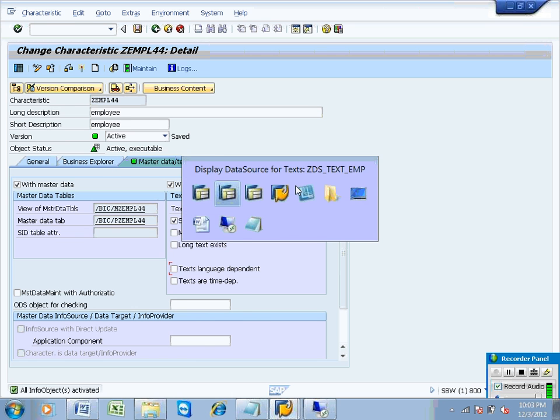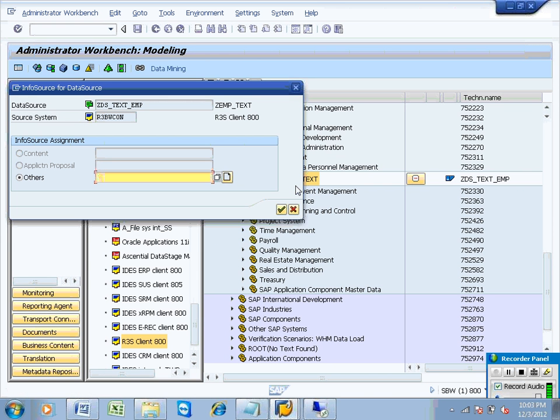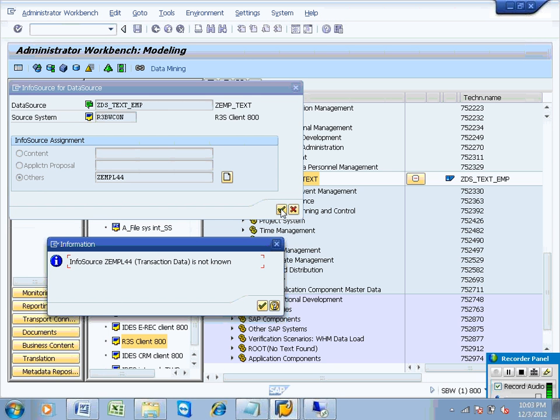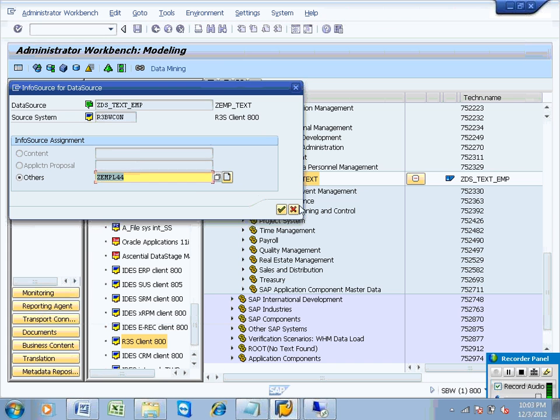Now the info object has been created. Come to here. What is your info object? VEMPL44, and click on continue. If you are working with business center, then you can see something like this. Info source VEMPL44 is unknown.